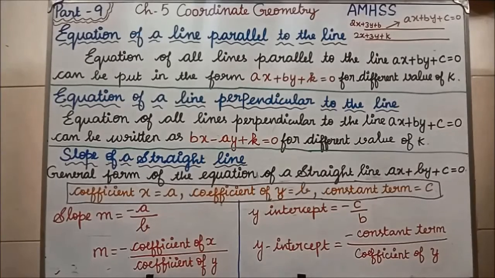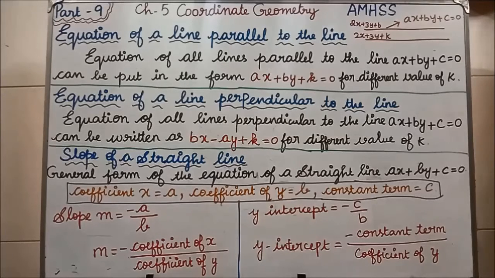Students, we are now in part 9 video. In part 9 video, in chapter 5 coordinate geometry, we are going to see the last exercise, which is exercise number 5.4. Students, this exercise 5.4 is full of equation of a straight line. Already we have learned in exercise 5.3 about equation of a straight line, isn't it? Some of the formulas we have learned, still some formulas there regarding equation of a straight line. That formula we will use in exercise 5.4.